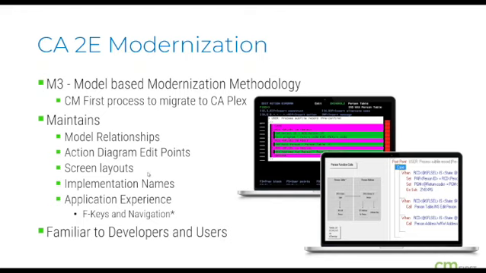It can maintain the screen layouts and implementation names. So from a development point of view, you already know where to make your changes, where to fix things, which functions call which other functions. All this will come across as part of the M3 process.